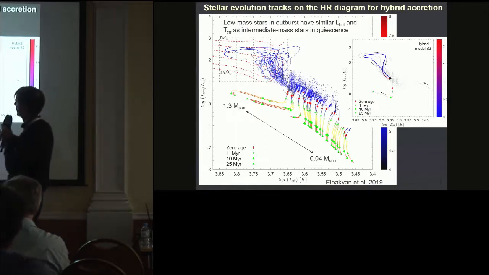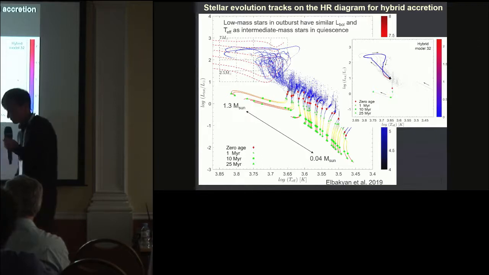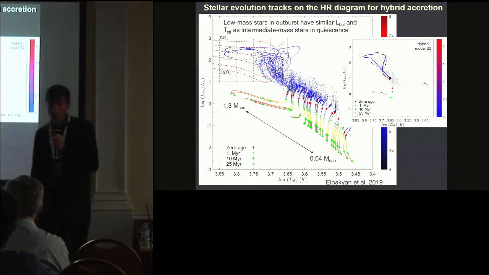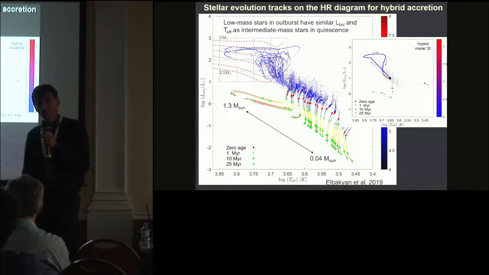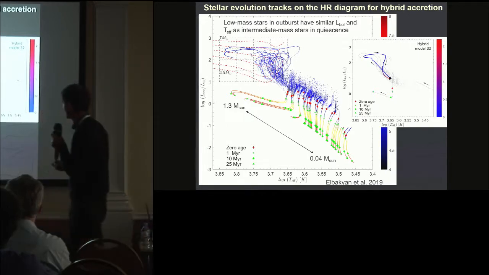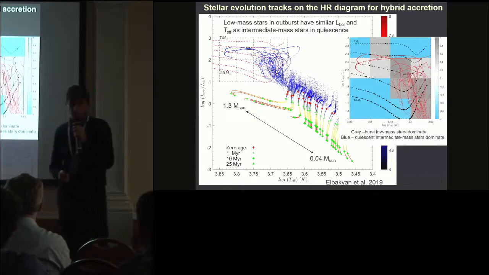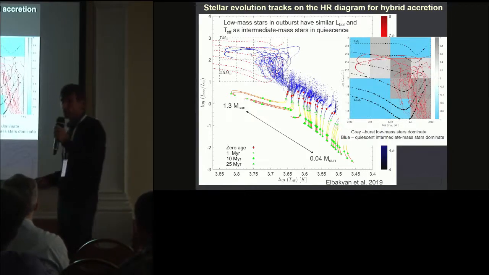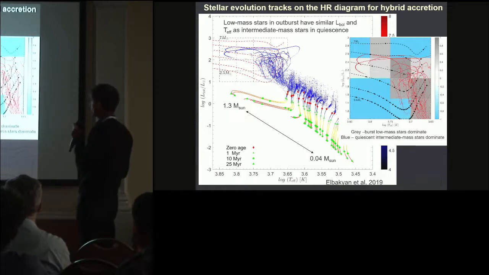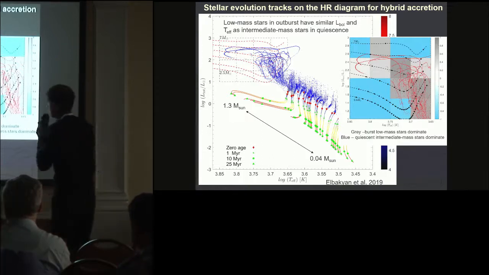And they start here and evolve. So what it means is that during the outburst, the low mass stars go to the portion of the HR diagram where young intermediate mass stars sit. And in principle, you can confuse them if you don't pay real close attention to whether this is an FU Orionis outburst or it's just a young